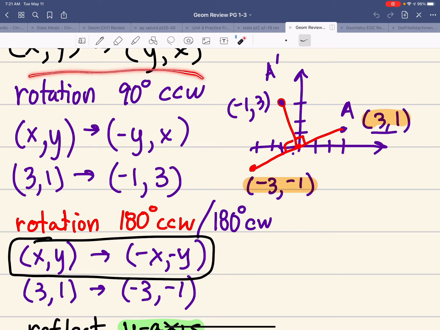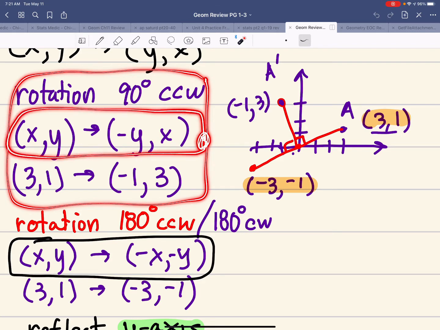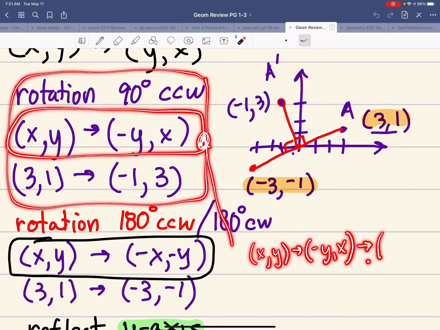So in a weird way, all I have to do is memorize this rotation rule and do it twice. If we think about x and y, rotating it once does this. That's our rule. And then if I did that again, swap the spots and change the sign,